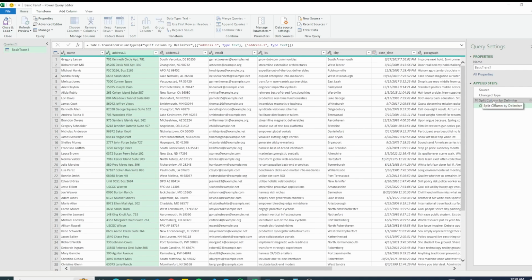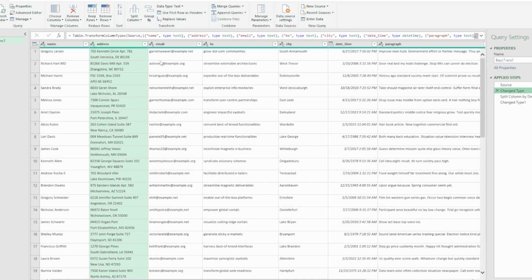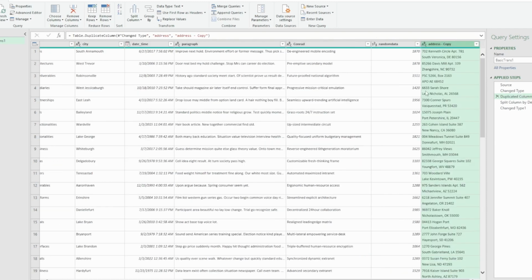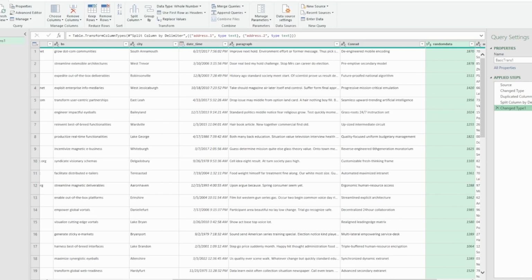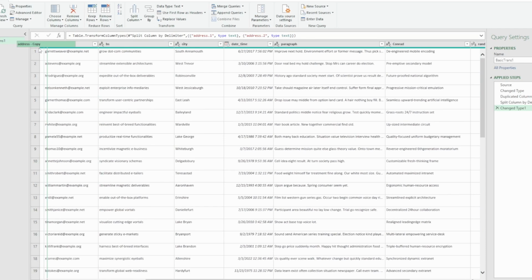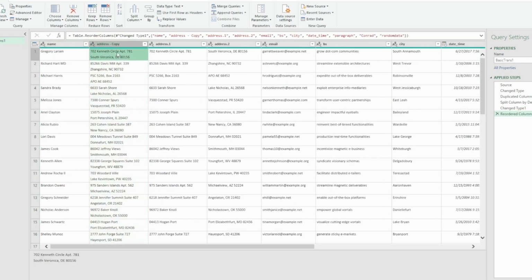So what we can do is create a copy of the original column. I'm just going to go a few steps above, click on address and say Duplicate. It's saying that you are inserting a step and your query might break, which is fine because we know that this is not going to change anything. So click on Insert, and this is going to create a copy at the very end. Let's go back to this, and I'm going to move this column over to the start so we can see the columns side by side. Alright, almost there. Okay, so this was the original column and this is the split column, which is correct.